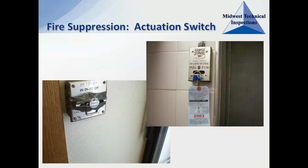The actuation switch, we want it to be located away from the probable source of fire, ideally next to the door to encourage them to leave. But this is typically going to be like a toggle or a pull ring or something where the employee can just grab it and yank on it, and it's going to set off the system. Now, we want to make sure that that is going to be in good operating